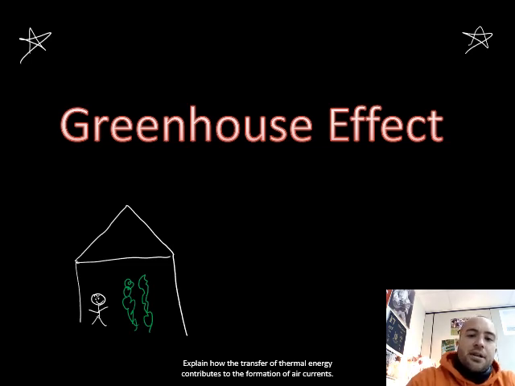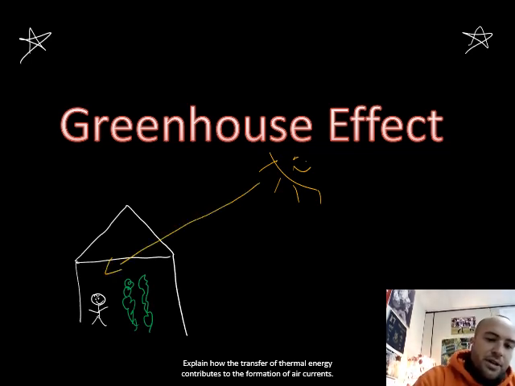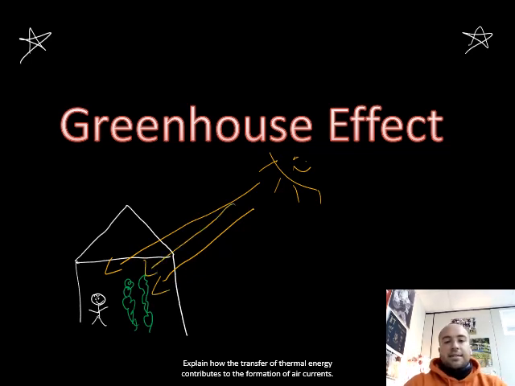Anyway, energy from the sun. The sun's chilling up here. Obviously, the sun is going to need a smiley face too. But energy from the sun, boys and girls, is going to enter this greenhouse. And what's going to happen is heat is going to be trapped inside that greenhouse, just like it happens in Earth's atmosphere. So imagine energy from the sun is coming into Earth's atmosphere, and some of that heat is being